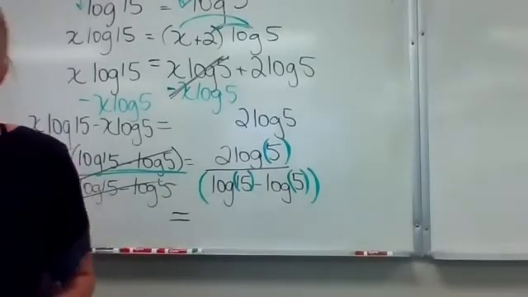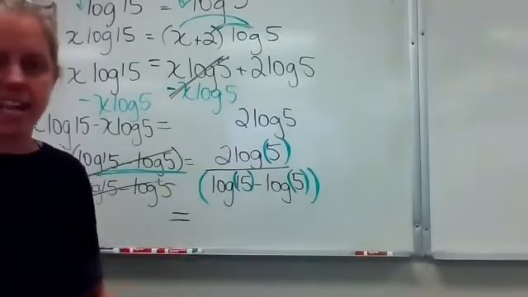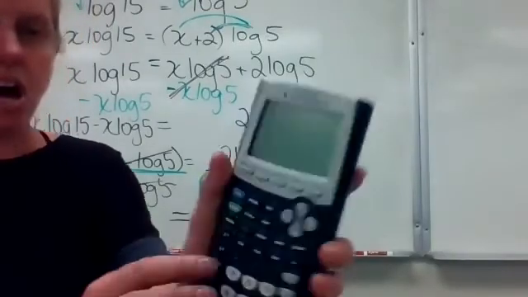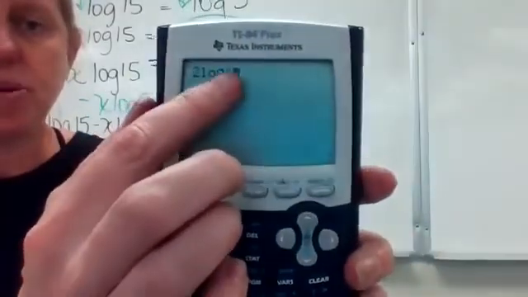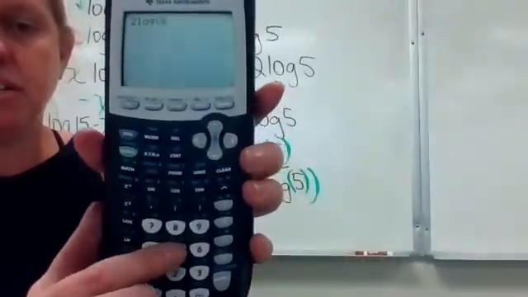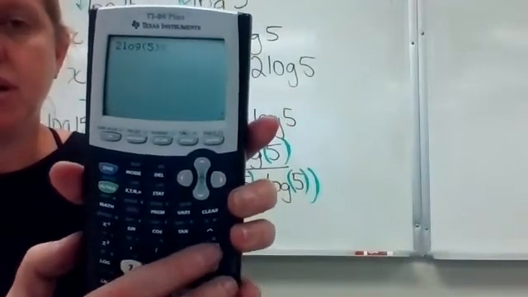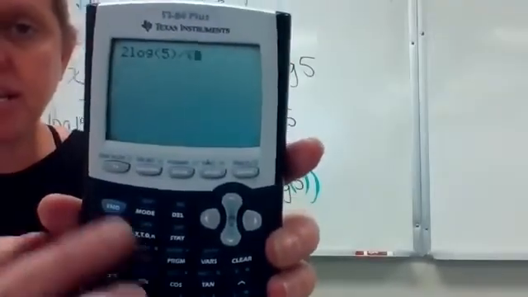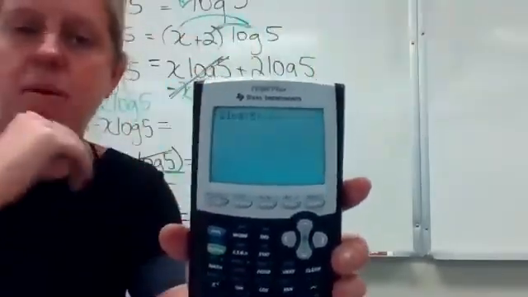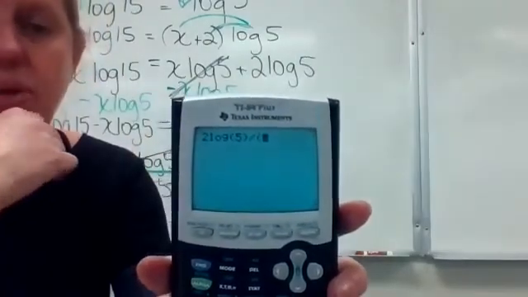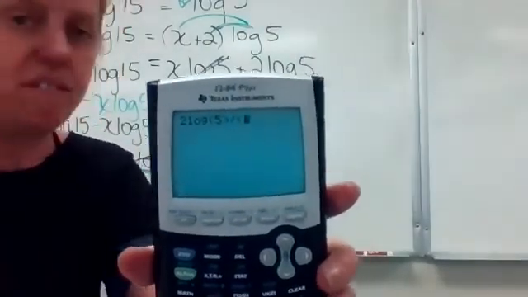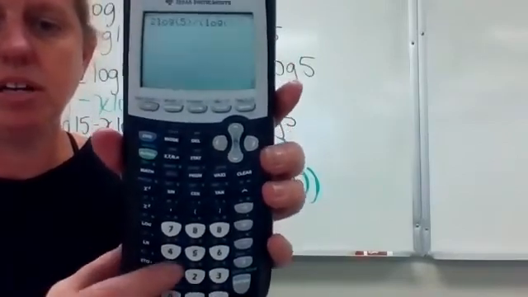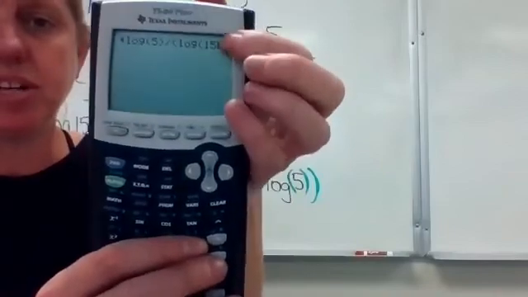Okay, so let's look at how we would put it in the calculator, just like that. So up top, 2 log, so there's your open parenthesis, so log 5. Then close it, over or divided by. Here's where you're going to want to put an opening parenthesis to tell the calculator that everything I'm about to type is in this denominator of this fraction. So log 15, then close that parenthesis,